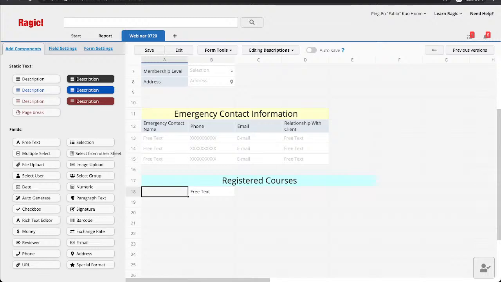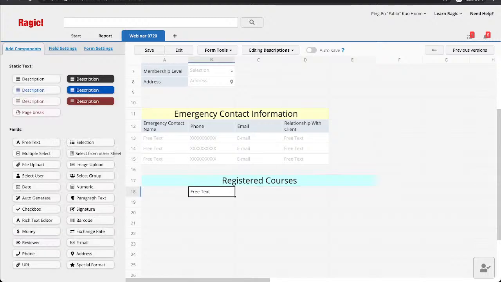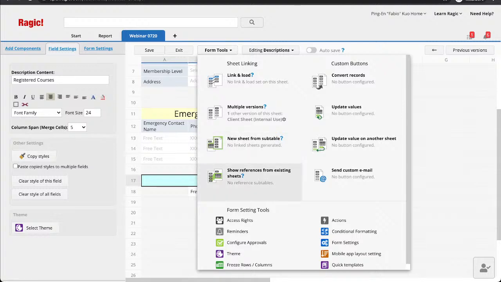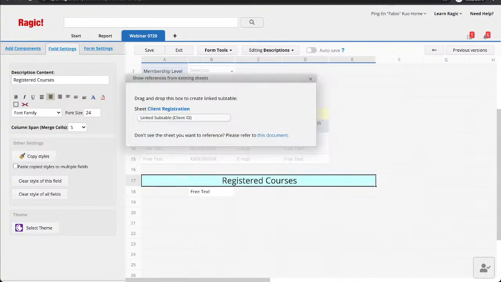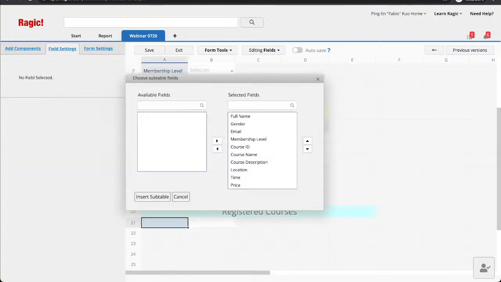And then the feature for us to link it from the client registration back to the client sheet, go to Form Tools, and we can show reference on existing sheets, aka creating a reference subtable. Client registration link field, drag it down to the place where you like it to be.